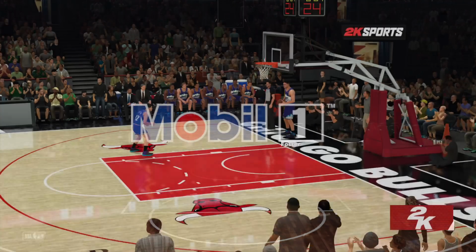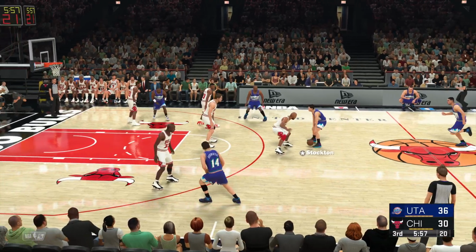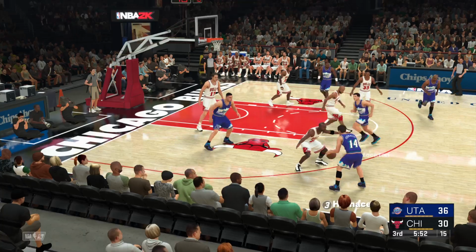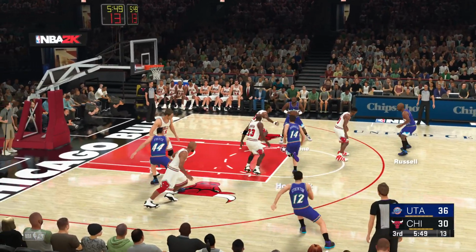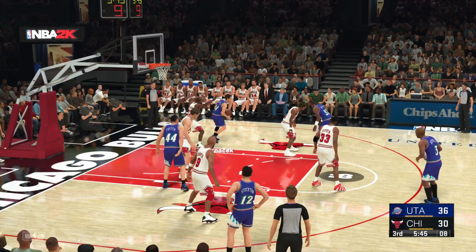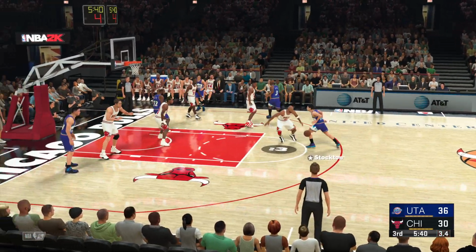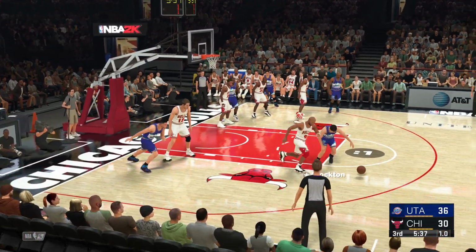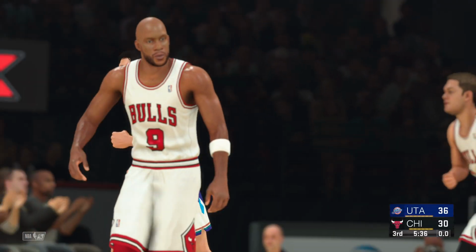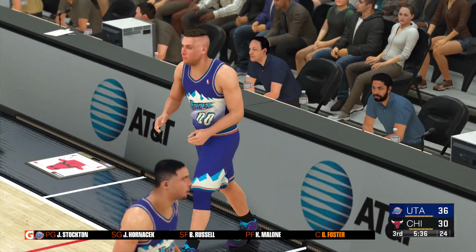That was a second look at our Mobile One drive. Amazing control on display. This team needed a spark, and boy, did they get one with that incredible attack at the rim. Russell passes to Malone. Nice ball movement by Utah. Hornacek kicks to Russell. Got a piece of it. And it's going to be a 24-second shot clock violation. They turn it over. Bulls ball. And Utah making a change here. Ostertag's checked in. Greg Ostertag.